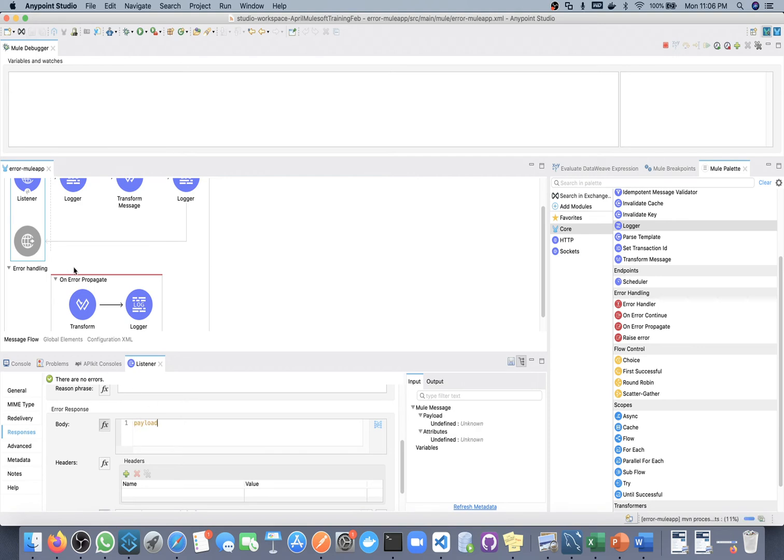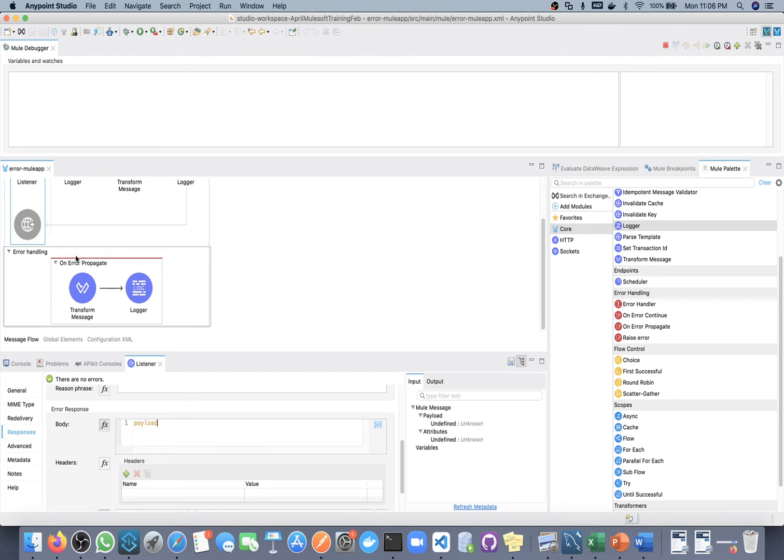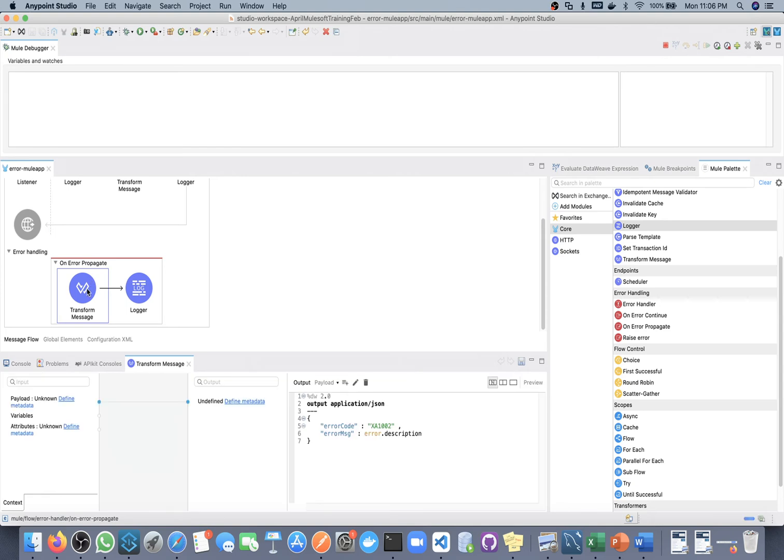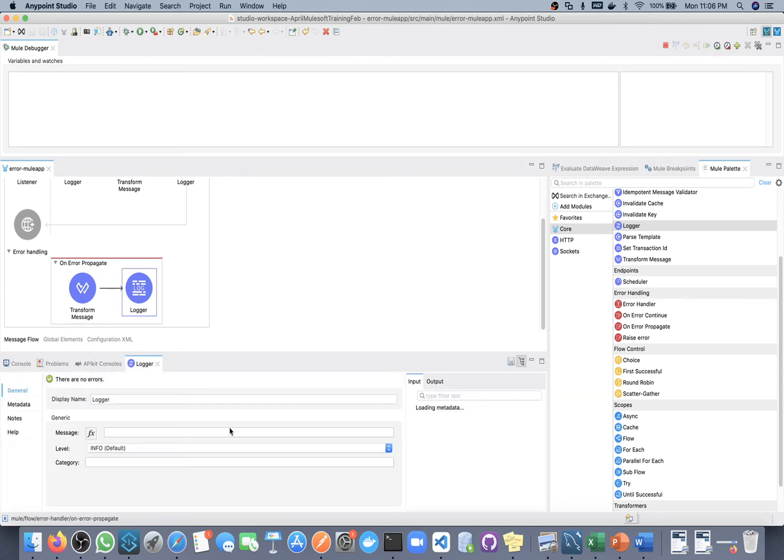So now what will happen? Whenever there is an error, this error will go to this on error propagate. Now on error propagate will create this payload and set the variable, and then there will be one logger. In the logger we can display "error received".